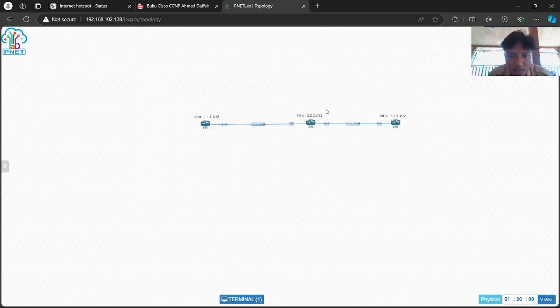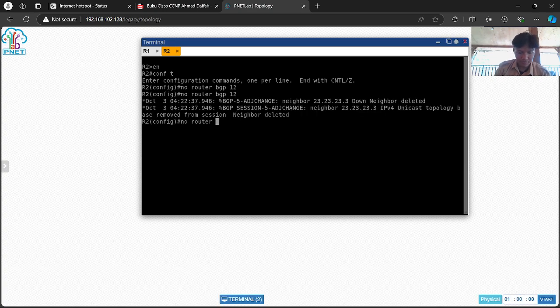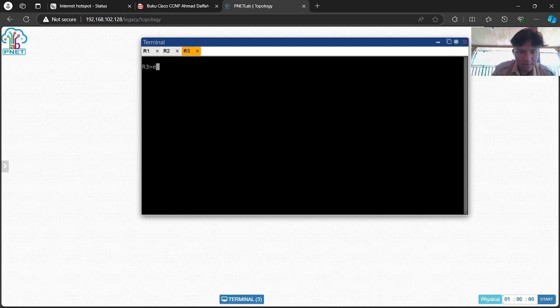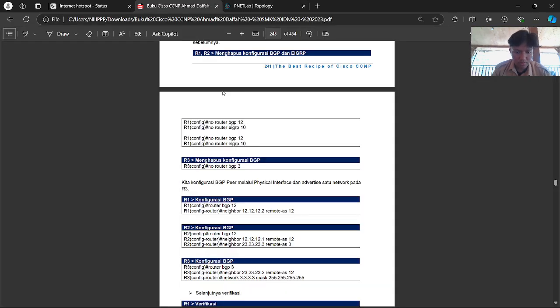And also at the second router, router BGP 12, EIGRP 10, write. And the last router, the third router, router BGP 3, and then router BGP 1.